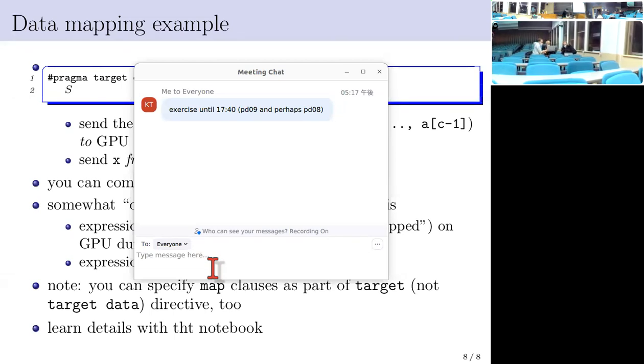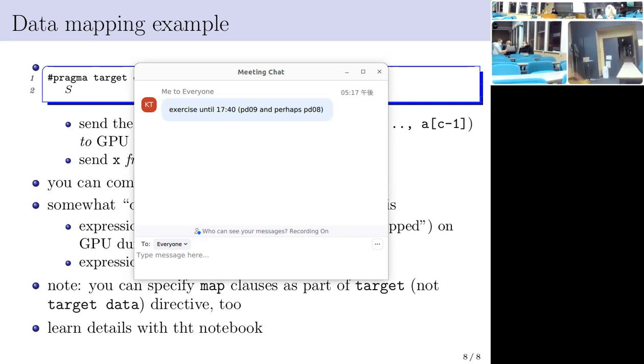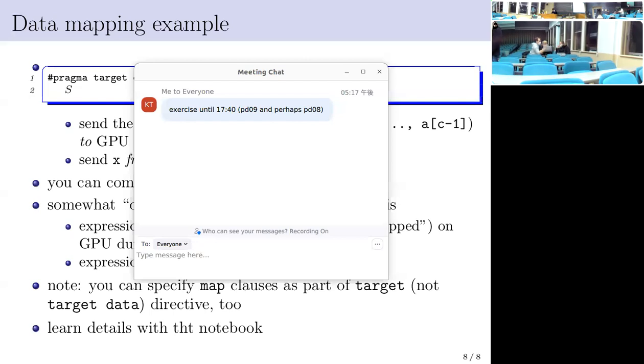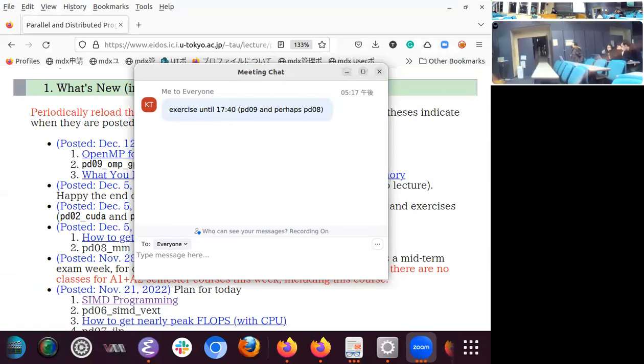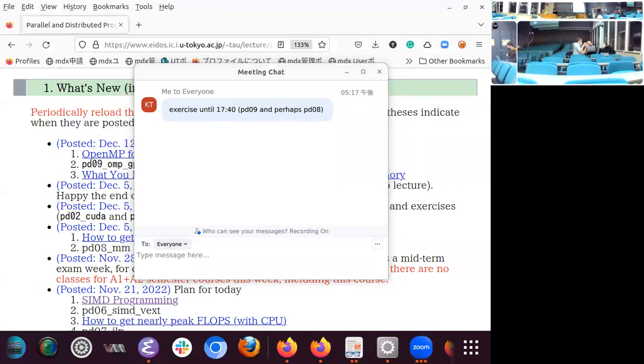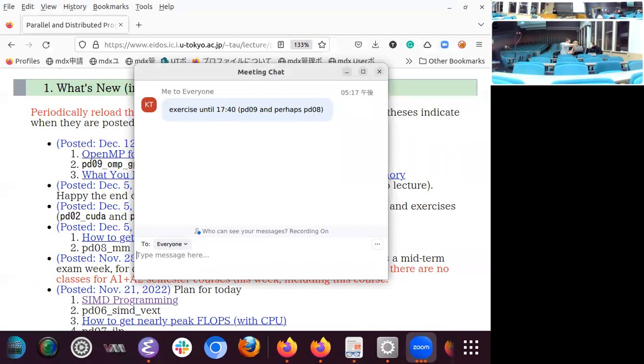Yes, okay, thanks. So it gives you a vector, and if you do that with one array, you can